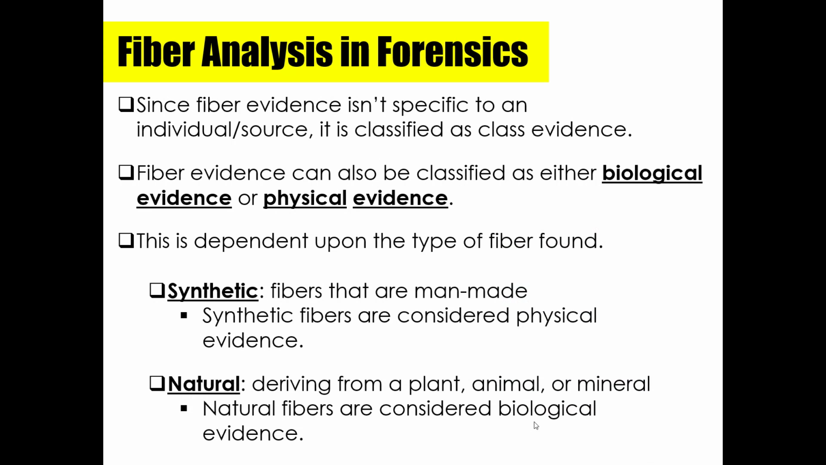Now, since fiber evidence isn't specific to an individual or source, we classify it as class evidence. Furthermore, fiber evidence can also be classified as either biological evidence or physical evidence, but this is dependent on the type of fiber that's found. So again, in the last lesson, we learned that we have synthetic fibers and natural fibers. Synthetic fibers are man-made, and so synthetic fibers are considered physical evidence. Now, natural fibers, since they're derived from plants, animals, or minerals, these fibers are going to be classified as biological